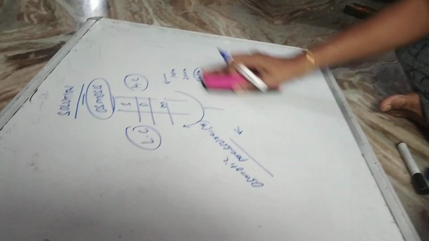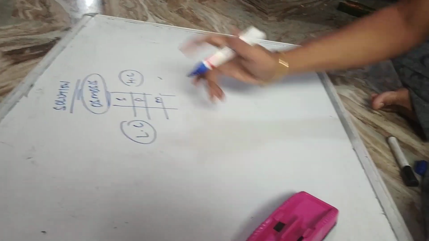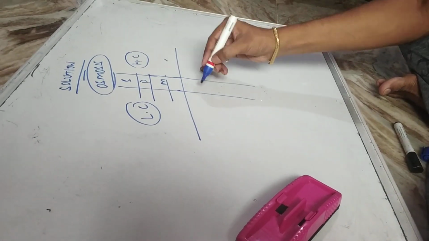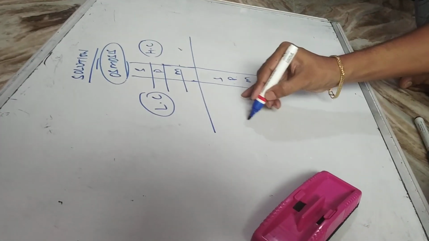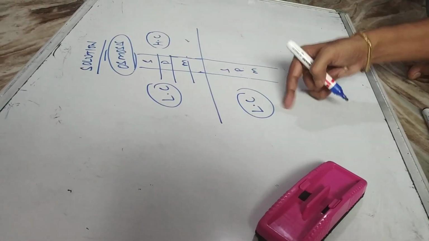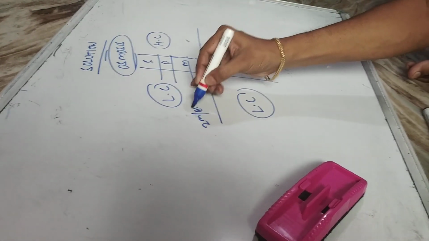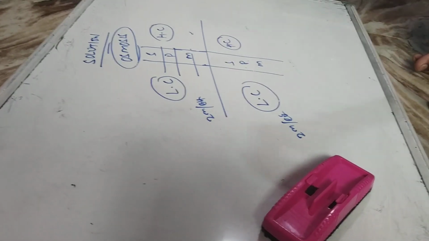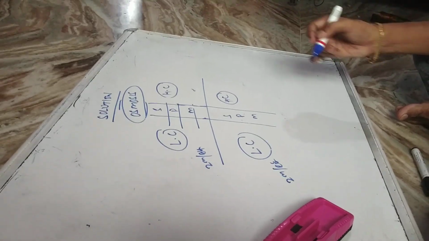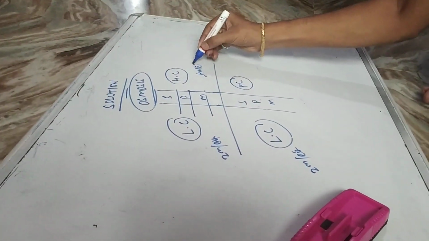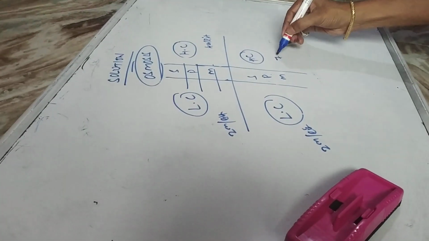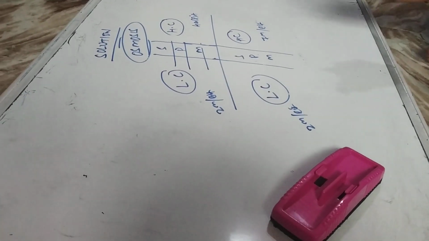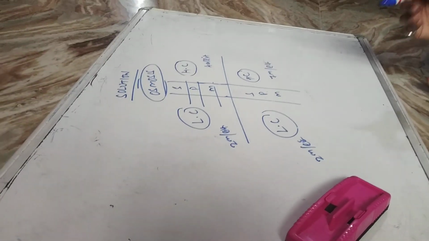So let's say I have taken two solutions. This is one and I am taking another solution. Here I am using the same SPM. Here the lower concentration side in both is set. Let it be 2 moles per liter and here also it is 2 moles per liter. But in the higher concentration side I am changing the concentration. This side the concentration is, let's say, 4 moles per liter and here the concentration is, let's say, 7 moles per liter. So I want to find out where the osmosis process will be faster.